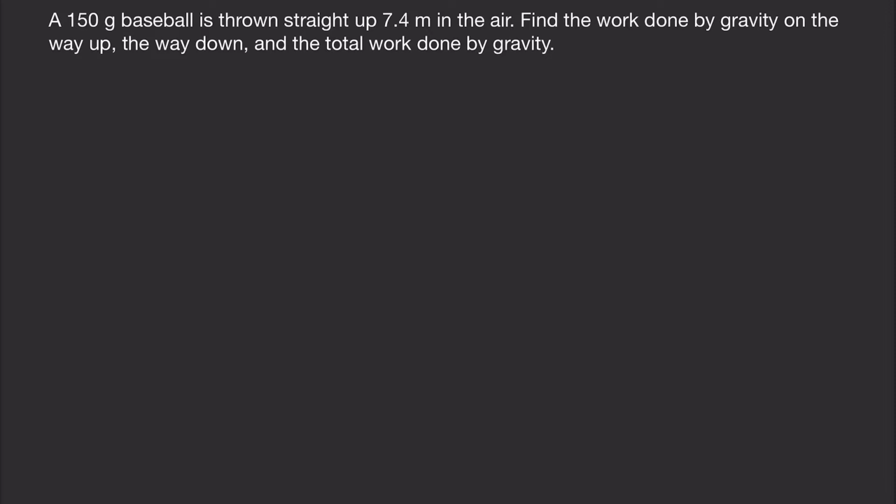So the baseball is going to be thrown up. It's going to get to the top. This distance is going to be 7.4 meters. And then it's going to come back down. Okay, so